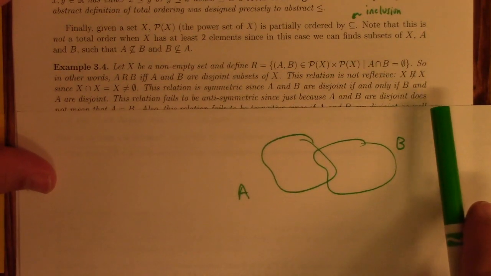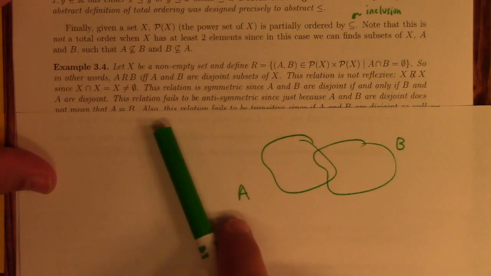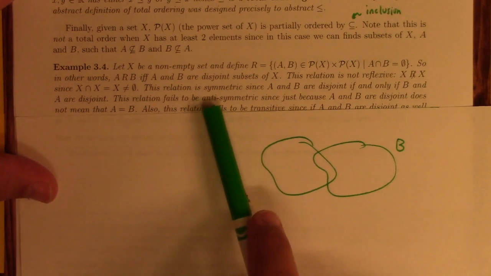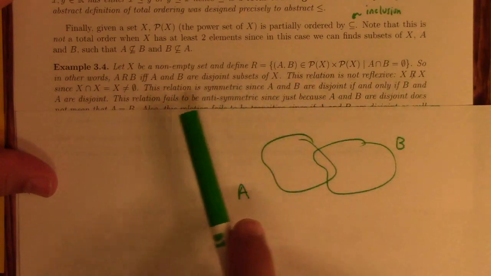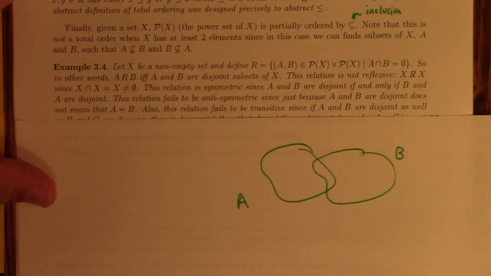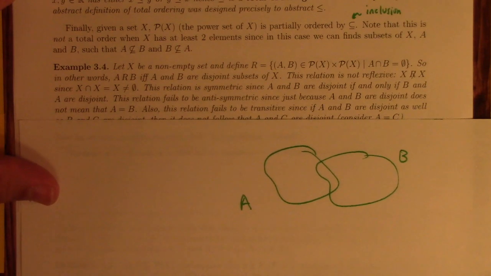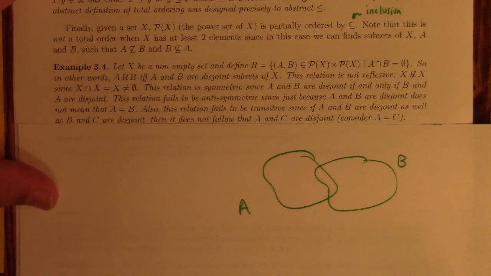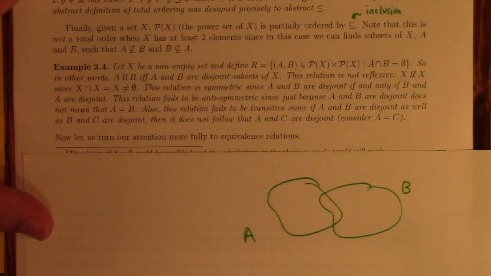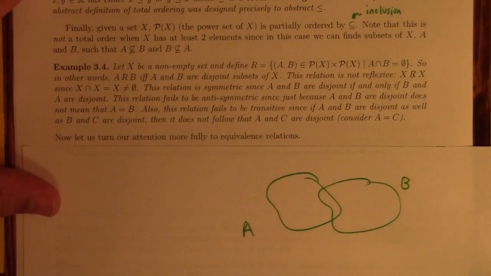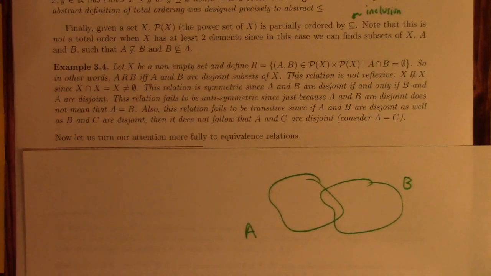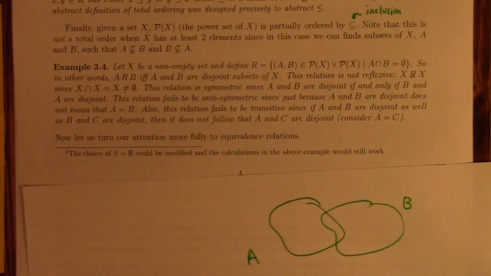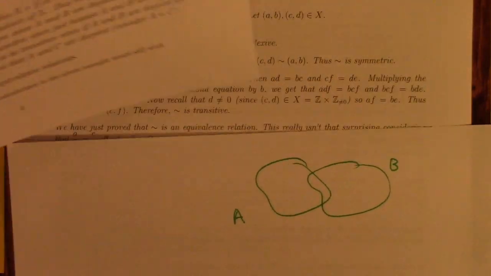So this relation is not reflexive because a nonempty subset is not disjoint from itself. The relation is symmetric though, since A and B are disjoint only if B and A are disjoint. It fails to be antisymmetric because just because A and B are disjoint does not mean that A is equal to B. This also fails to be transitive. So this is basically an example where most of the terms fail. This is more of a fun logical example to show us how these words can break down in a specific example. Okay, now